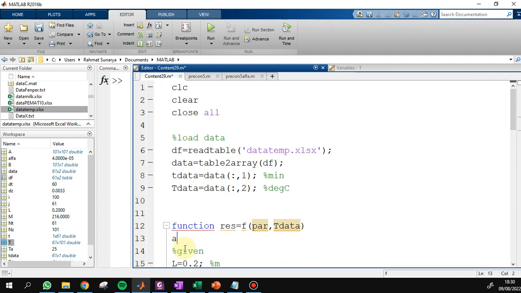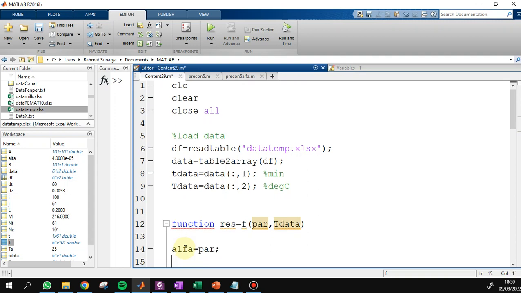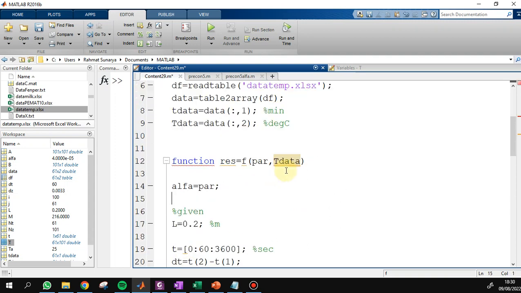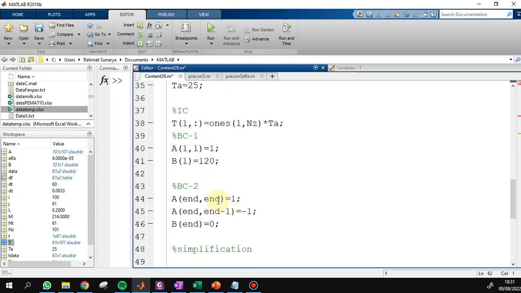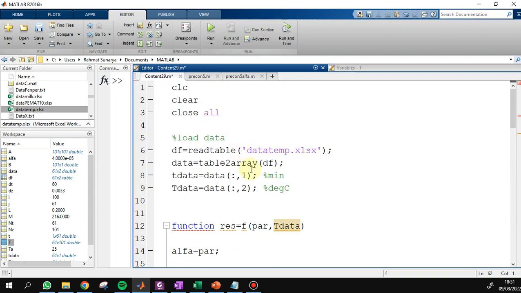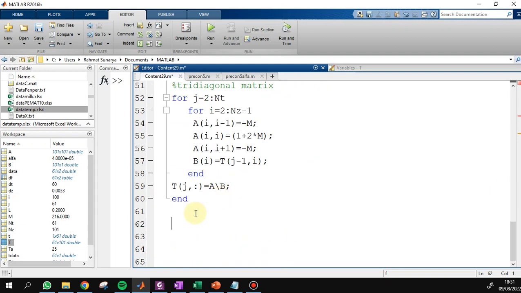We want to find alpha, so alpha is the parameter. At the end of this code we use res.